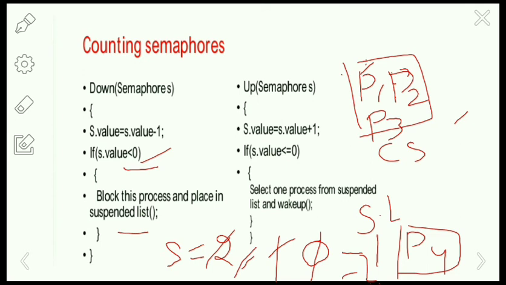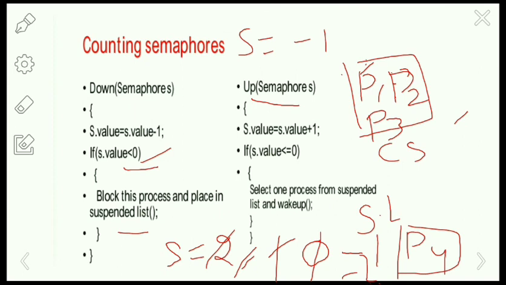We are going to perform the up operation. Here P1, P2, P3 have completed the execution in the critical section, so they perform the up operation, that is, increment the value by 1. Here the semaphore value is -1, right?